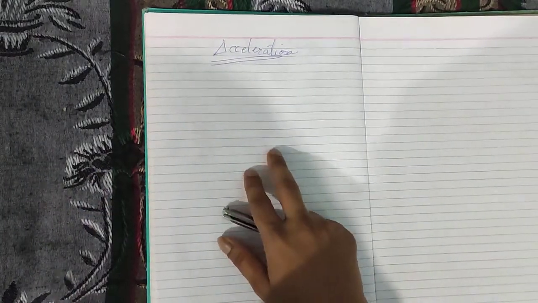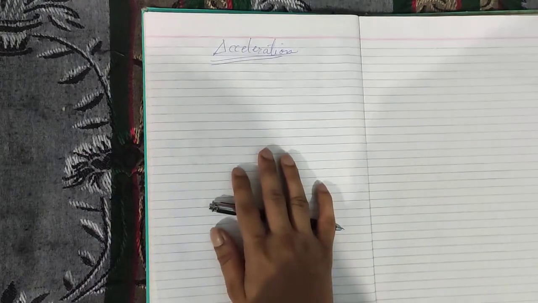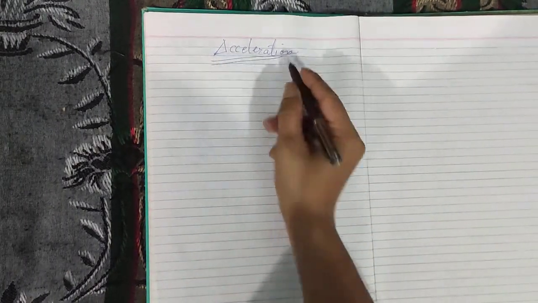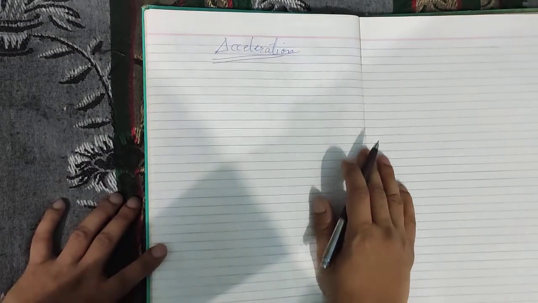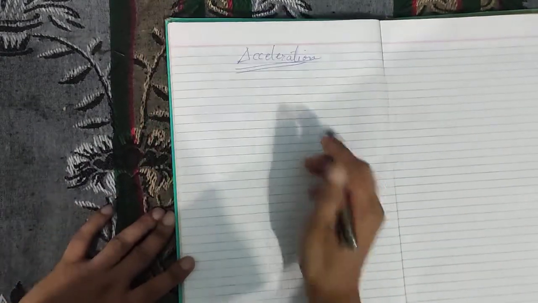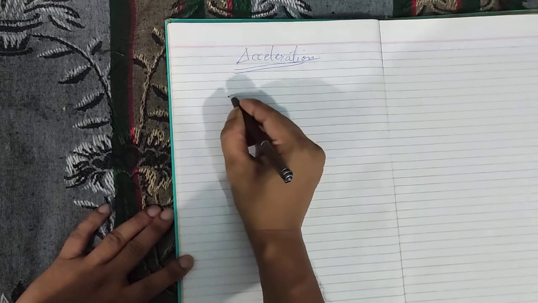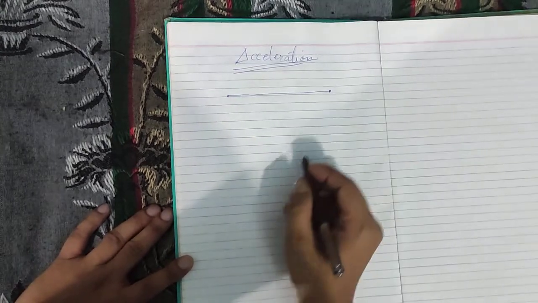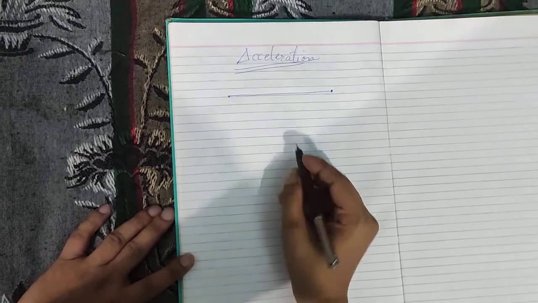Okay, so you have somewhat heard about this acceleration. We will talk about that in a bit, but first we understand what is acceleration, and in order to understand acceleration we will go back to uniform motion. If you remember, what was uniform motion? Uniform motion was when an object covers equal distance in equal intervals of time.